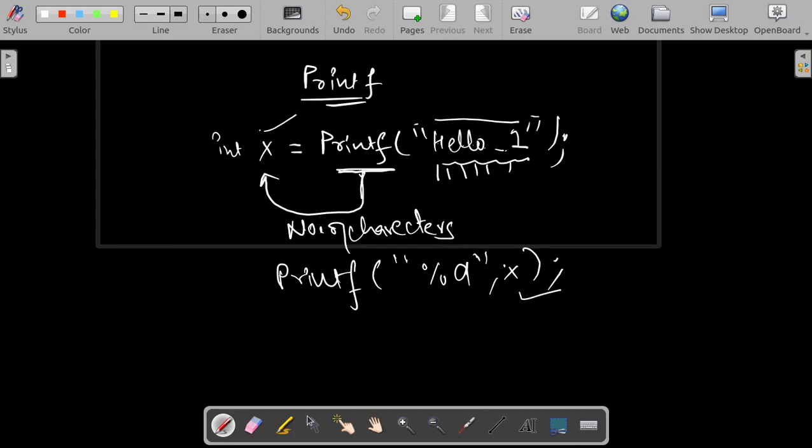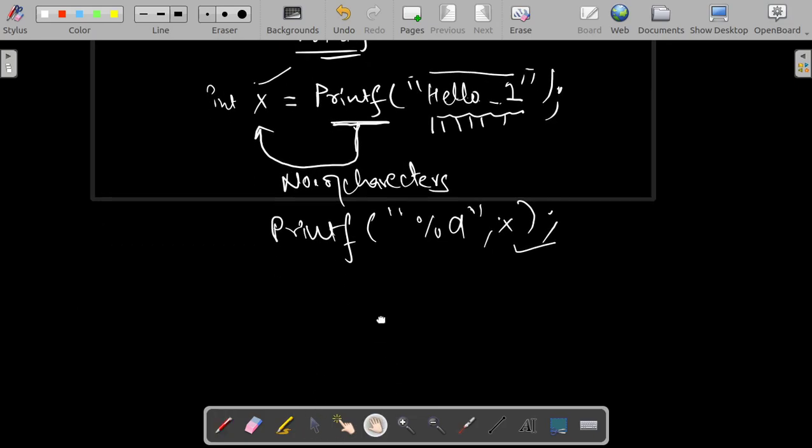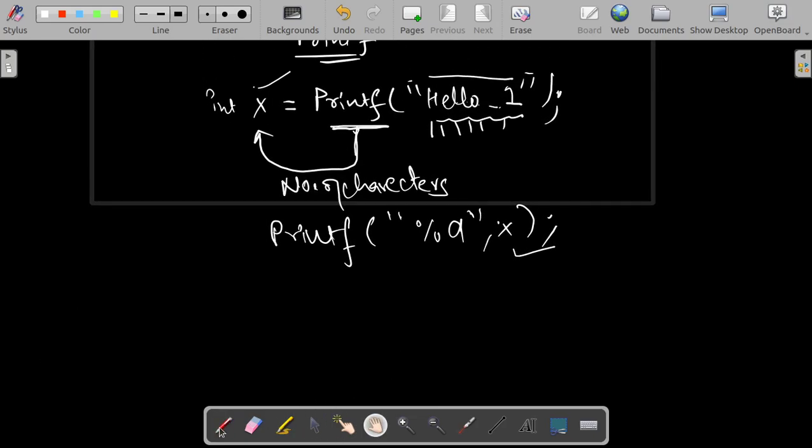One more thing: if there is some error in printing the string passed between these two quotation marks, then it returns a negative value. So it returns the number of characters when everything is okay, and it returns a negative value when there is some error in printing something on the console.